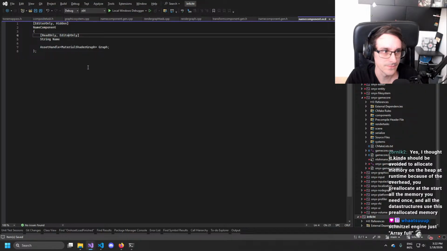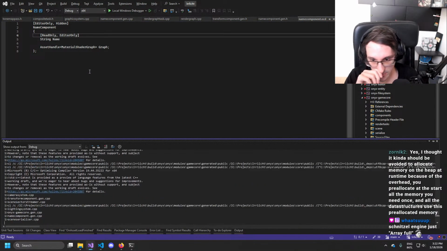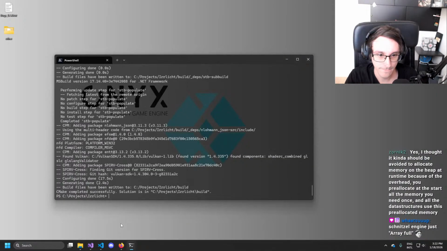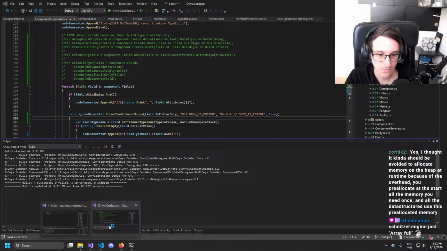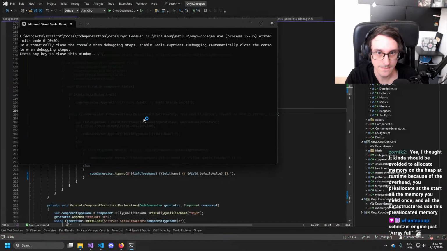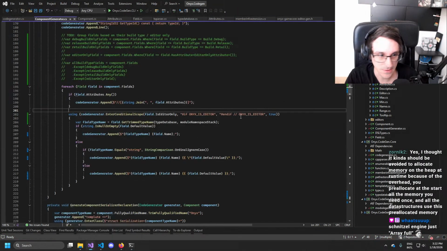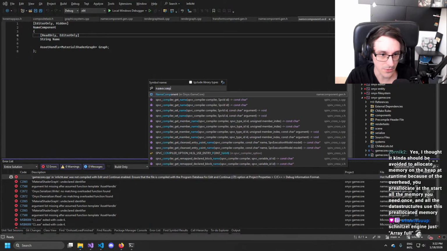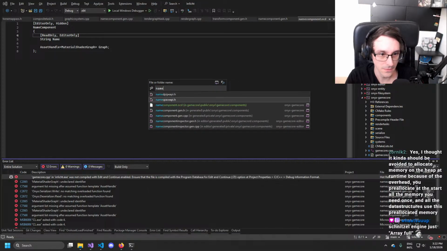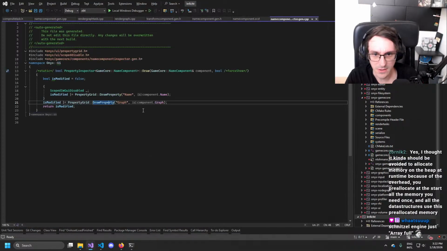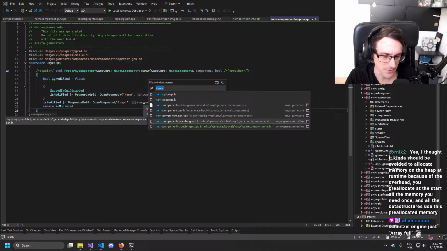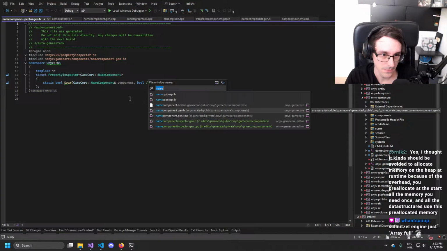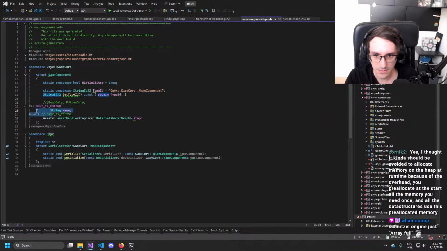But let's mark the attribute as editor only. Well, that doesn't work. I need to move it here. And then let's see if that generated it. Name component inspector. Inspector, no, sorry. Here. No. Here. Editor only.